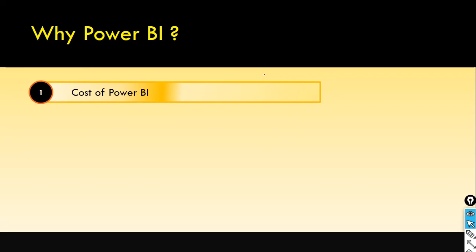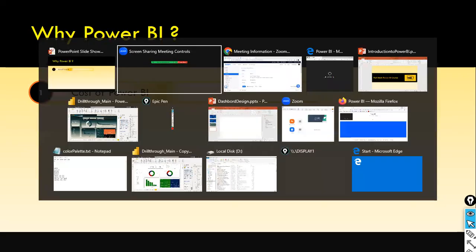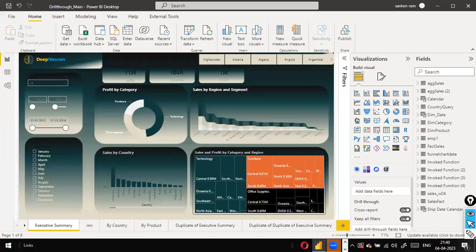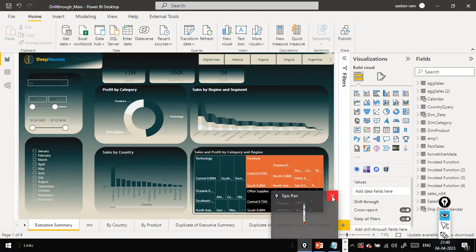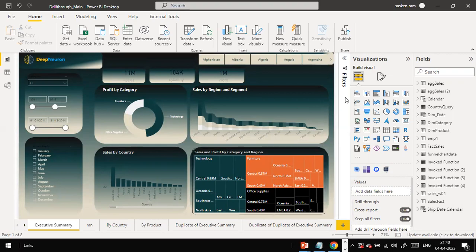You can go and check their website and see if any new versions are available, especially when you download and install the Power BI desktop. If you see here at the right bottom, update available, you can see it here. Can you see the update available here? With this, you can make out that some new features have been introduced. You need to go and download it and install it. With this itself, you can understand whether it requires any upgradation.